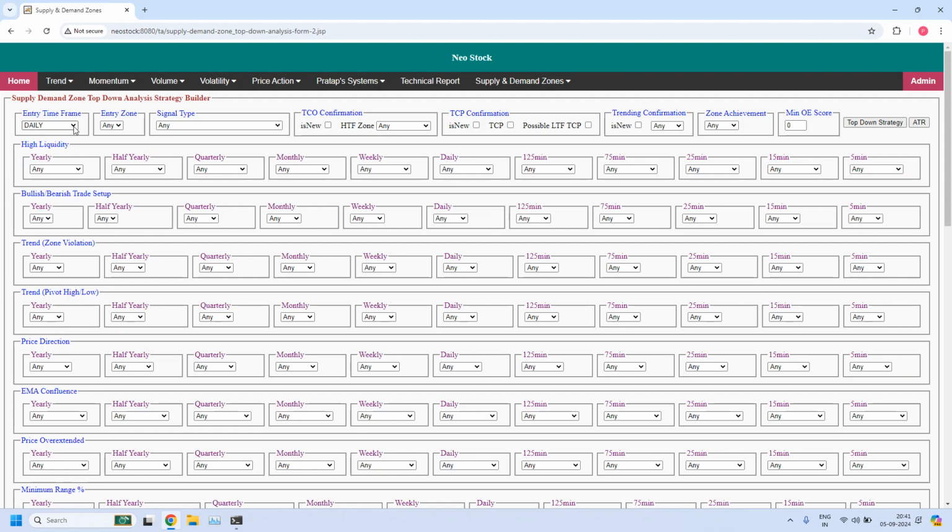First let's start with monthly income trade for bullish trade setup. So entry time frame daily, entry zone demand zone. In bullish or bearish trade setup at daily entry time frame, I am selecting bullish, and this daily demand zone